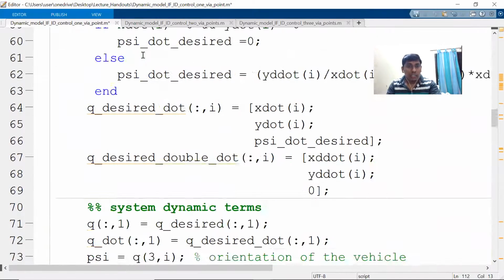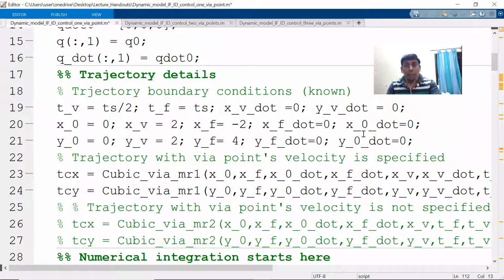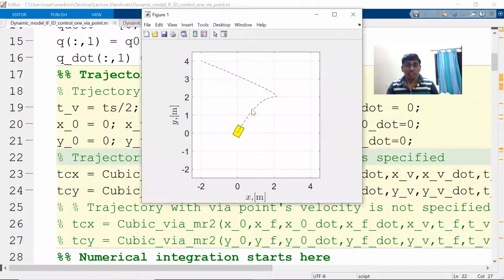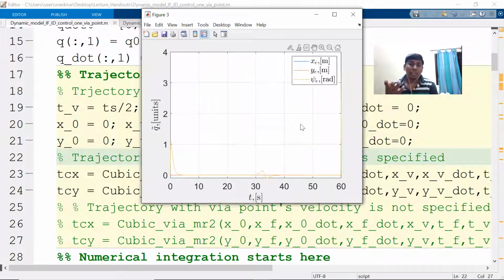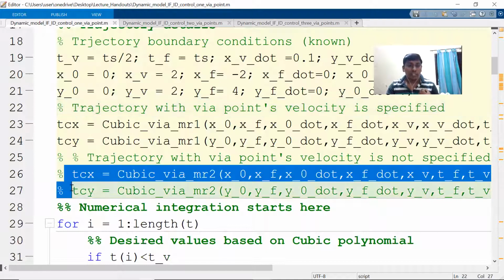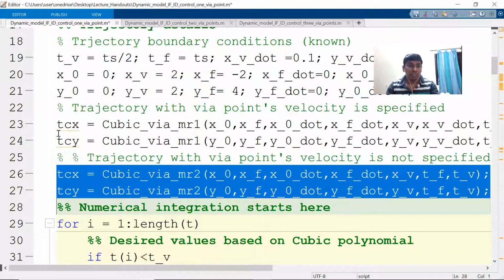Okay, and just to show that, if I give the via point velocity, for example here I'm saying this is 0.1, you can see immediately there would be a curve, right? This is what I wanted to say, because in order to compensate that via point velocity, it is doing this, right? But still, this is not the way we are looking at, because each segment has a transition, right? In order to avoid the transition, what we usually do is assume that the via point velocity would be the consideration we have taken earlier. If that is the case, this is the trajectory which we are going to generate.